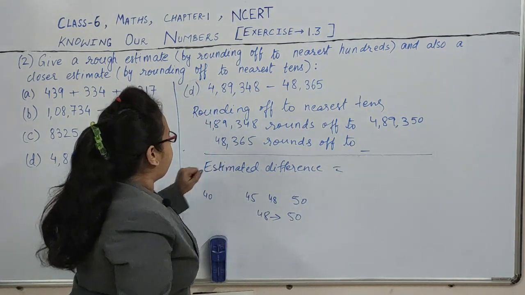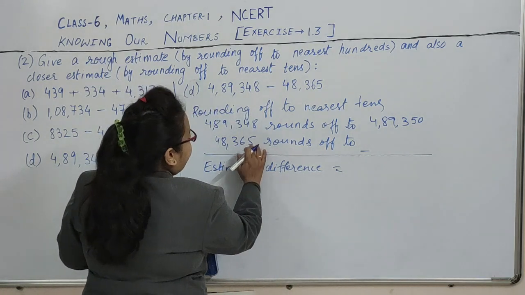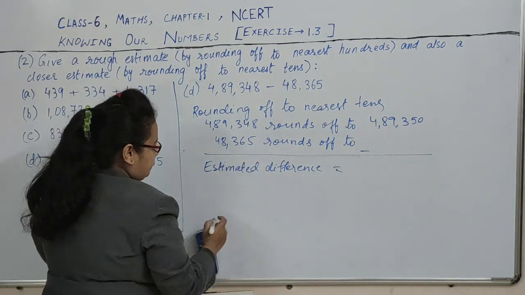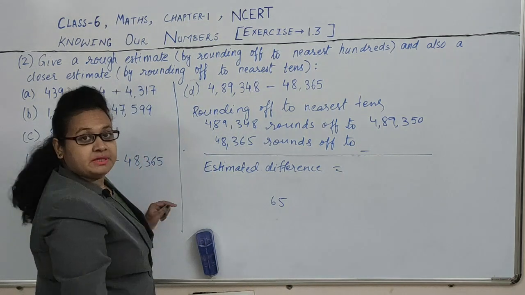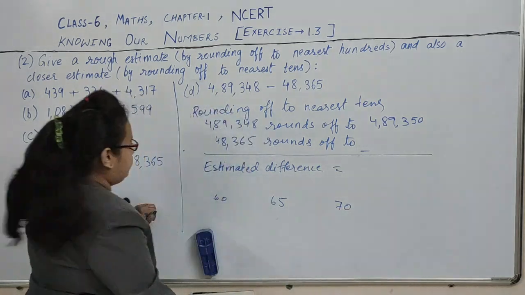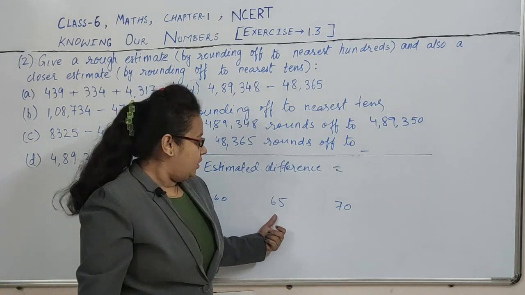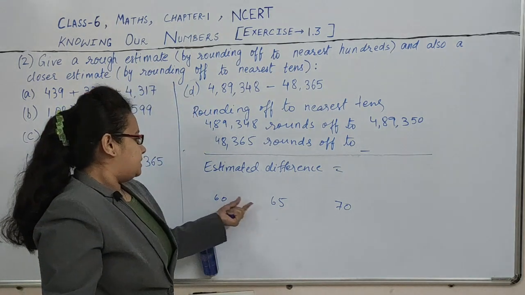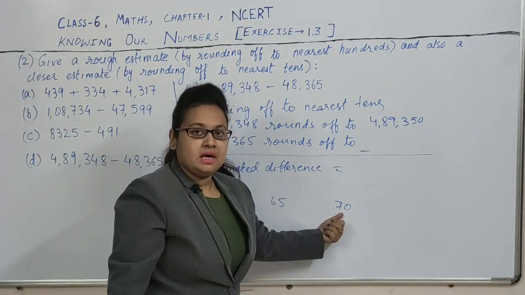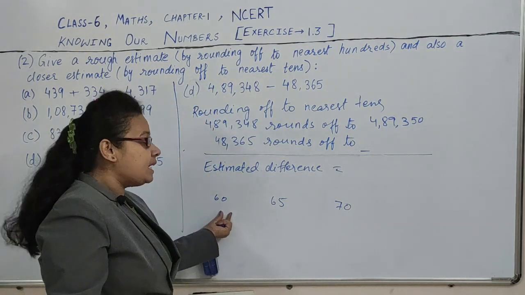Okay. Now this number will also be rounded off to the nearest tens. So again we will see only these two digits, the ones and tens digit. This is 65. This lies between which tens? It lies between 60 and 70. And this one is the middle number. As it is the middle, it is at the same distance from 60 and the same distance from 70. The distance between these two is the same.